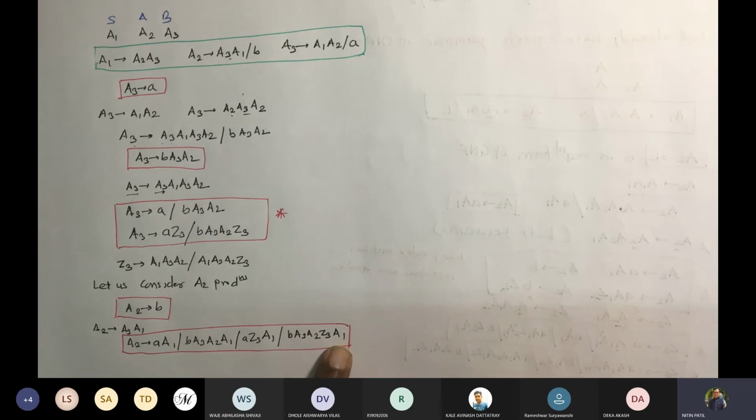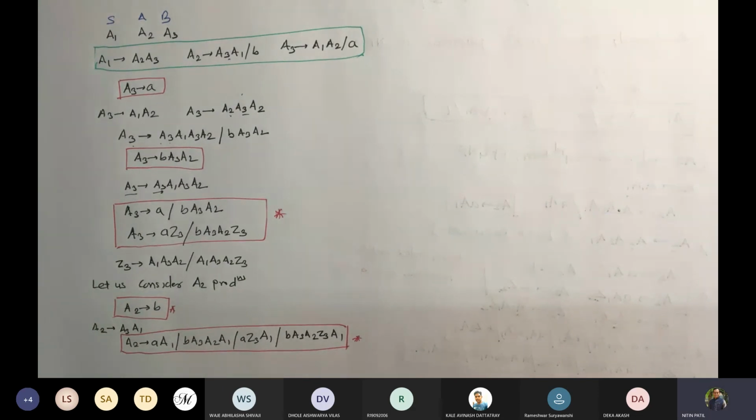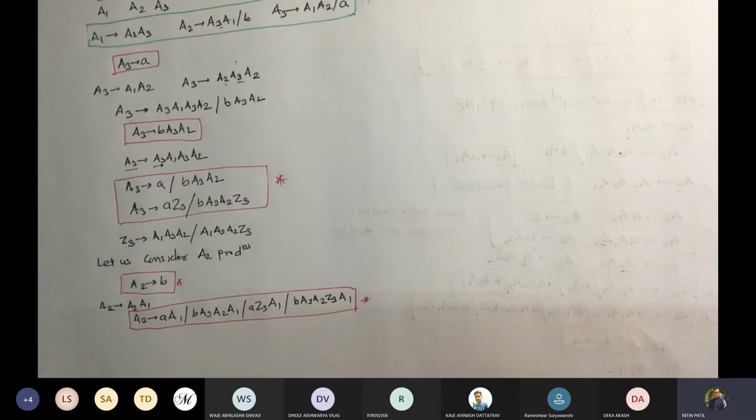करेक्ट. अभी A2 के भी प्रोडक्शन रिकॉर्ड फॉर्म में आ गए. A2 के कितने वैल्यूज आ गए, 5. करेक्ट. 1 2 3 4 5. इज दैट फाइन? नाउ अभी इसको हम सॉल्व कर सकते हैं क्या Z3 को? अभी भी we cannot. Why? We don't have A1 values. So let us consider now. Sorry. A1 gives